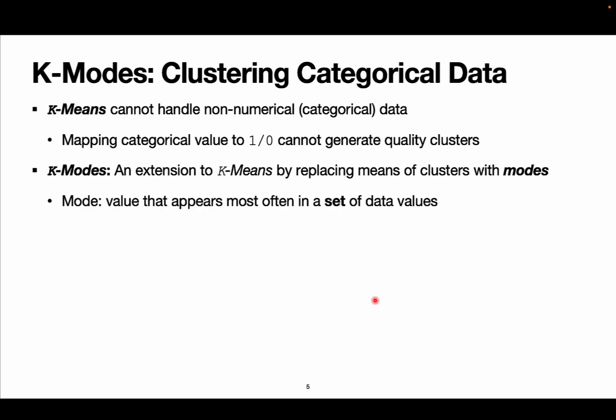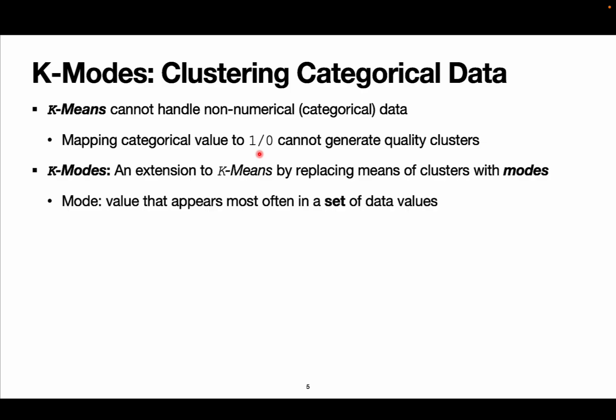Moving to clustering categorical data, traditional distance measures such as L1 distance or cosine similarity do not work, because simply mapping categories to values like 1 and 0 is going to generate low-quality clusters. Remember, now the distance does not carry any magnitude information, so we don't really know how far or how close these data points are from the centers, because the distance is based on a mapping that may or may not capture